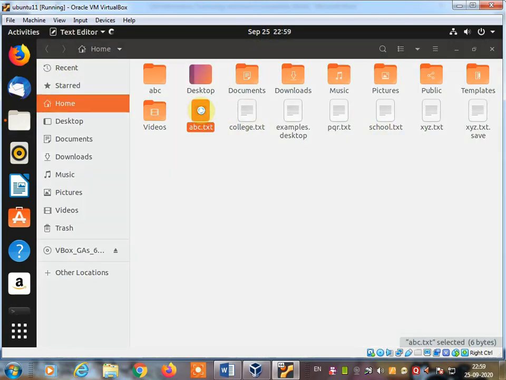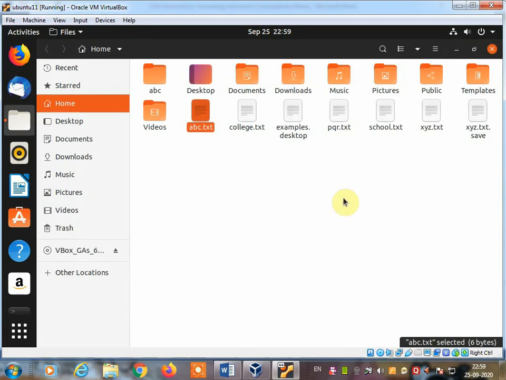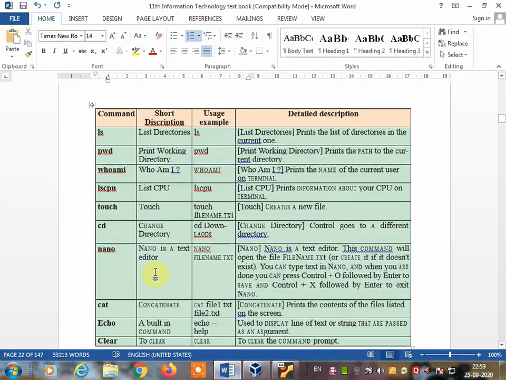Let's see, in ABC file there are contents. See, these contents are there. If you are going to print this content on the screen, then you can use that file name abc.txt and press enter key. See, once you press the enter key, this command printed the content of a file. Okay, so that is the use of cat command.